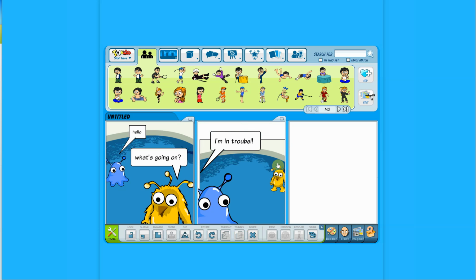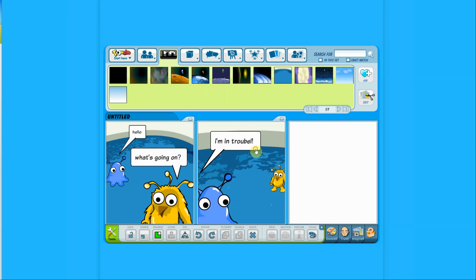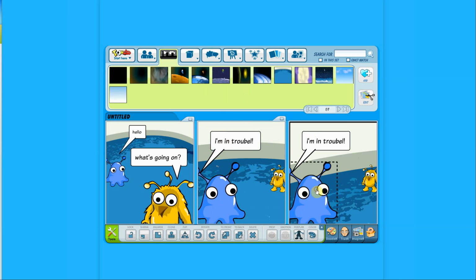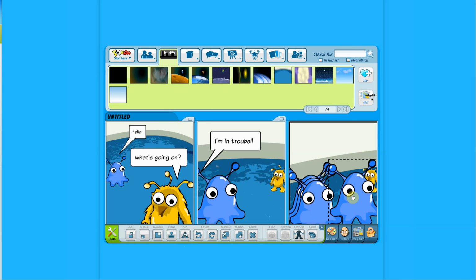And you can also move the background around, and you can also enlarge and shrink it. So I'm going to go ahead and enlarge the background. So we're kind of zooming in. There we go. And so you can go ahead and then you can duplicate again. And then maybe there's something, I don't know, maybe something's going on with his duplication powers. And so now we can actually clone him and have like 5 of him appear. So that's a nice little